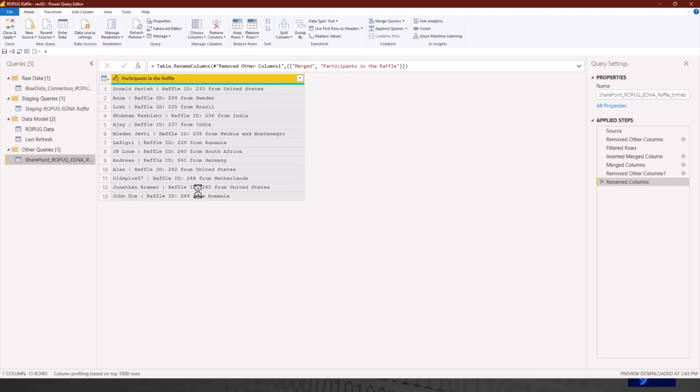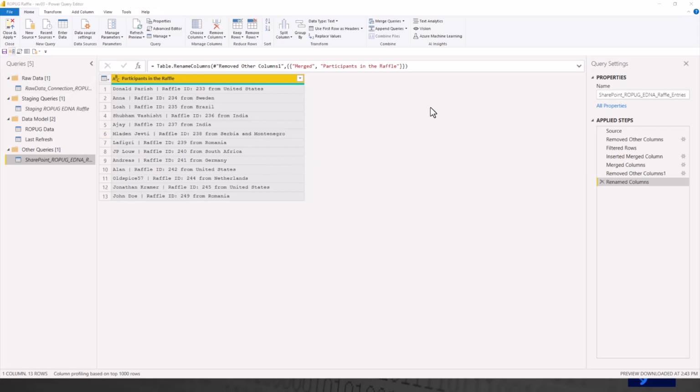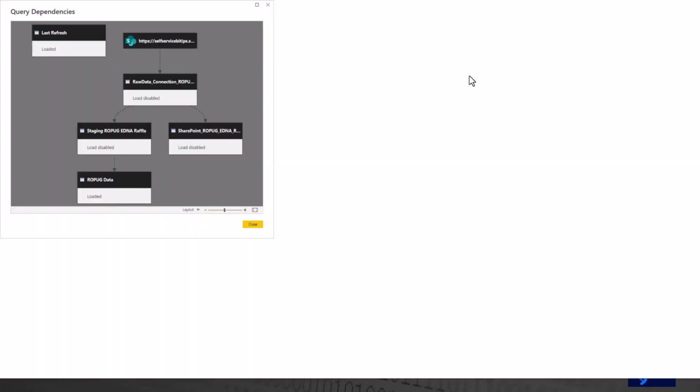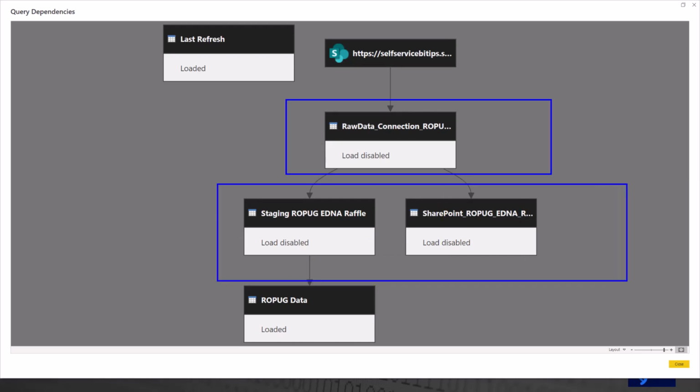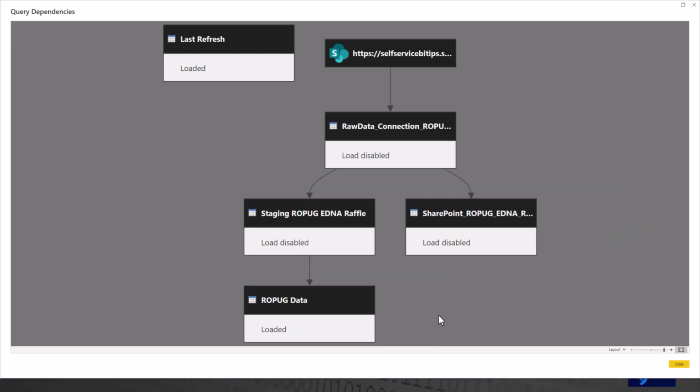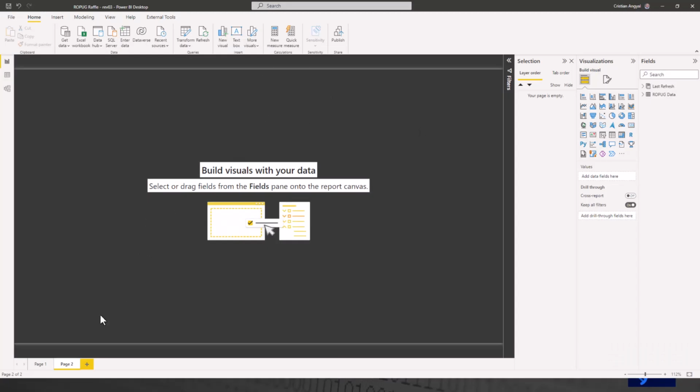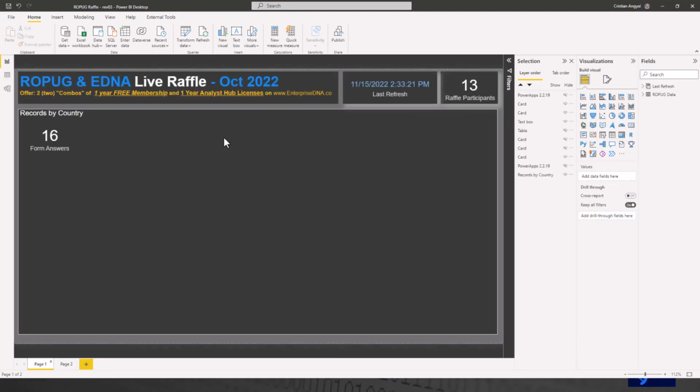If you want to see the dependency view here, you will see that it follows the exact 3-layer pulse methodology, with layer 1 the raw data connection, layer 2 the staging queries which are not loaded into the data model, and layer 3 the data model layer with the only tables that are needed for the report. Going back to the report,